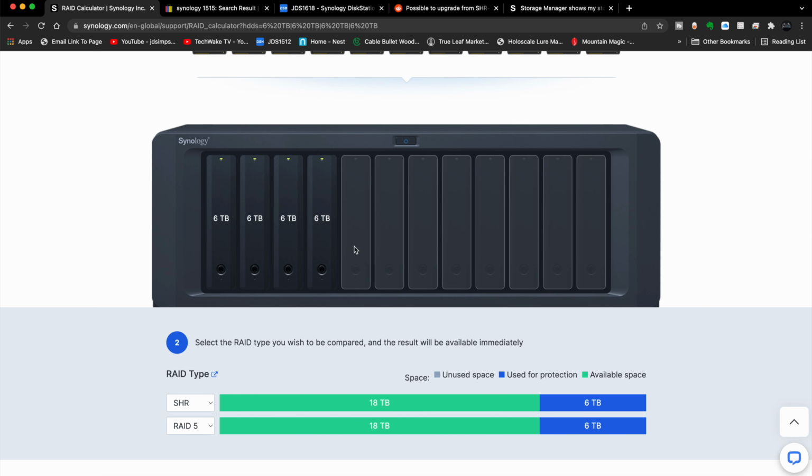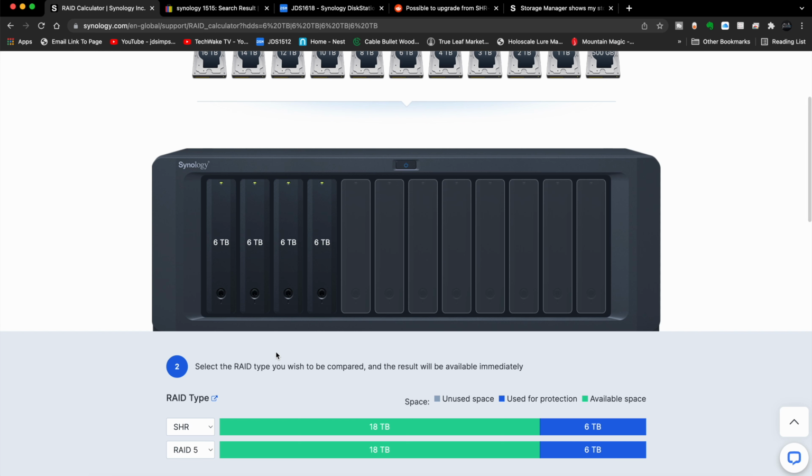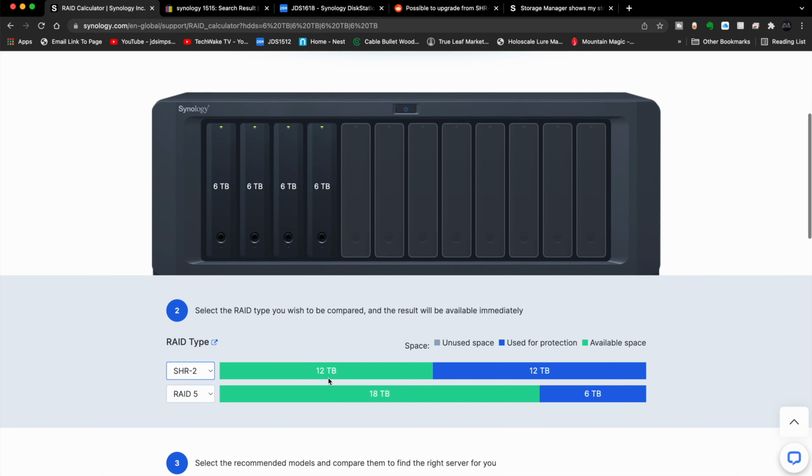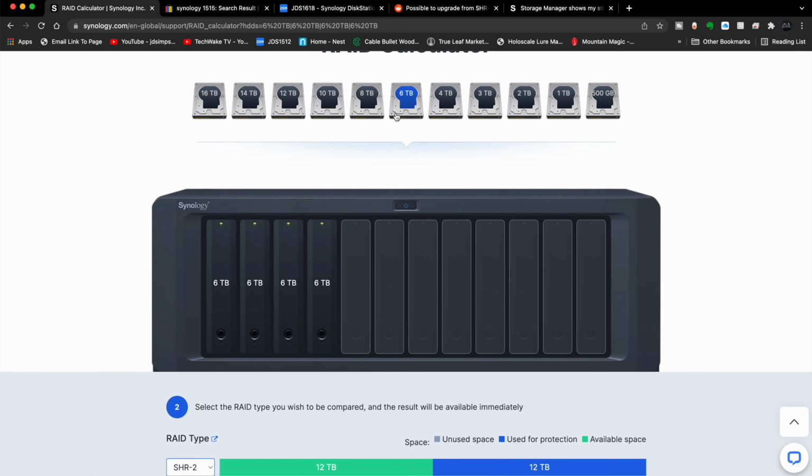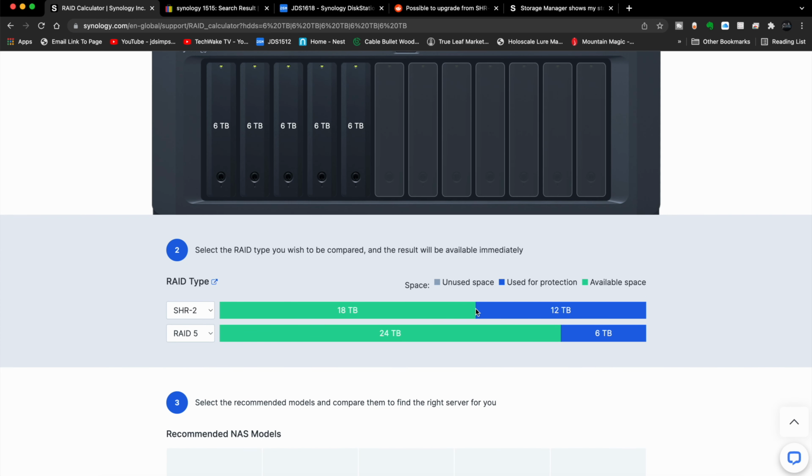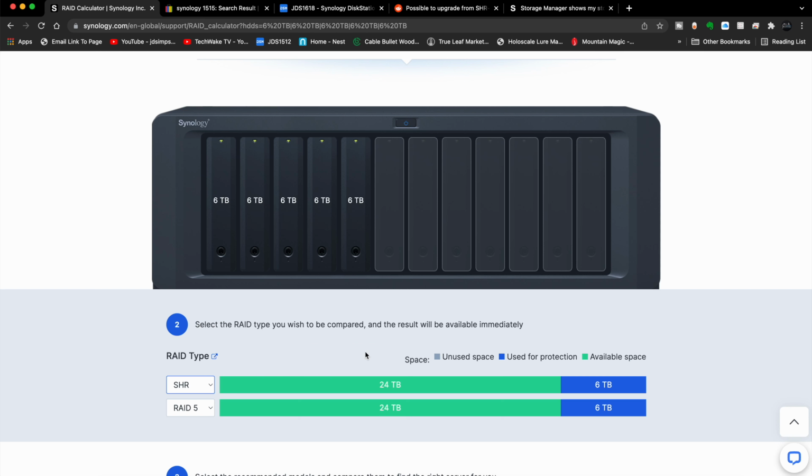Now, you might say, well, Joe, you didn't talk much about SHR2. SHR2 says if you want to have the ability to lose 2 drives at one time and still have your data protected, which isn't a bad idea, but it's going to come at a cost. When you have a 4-bay drive and you're trying to protect 2, you end up again in that same mirroring dilemma. So that's where sometimes a 5-bay drive is a little more advantageous because you can get most of your storage and still have a large portion for protection. But honestly, for our purposes, let's just do the 1 disk fault tolerance to at least have some level of protection, but not be overkill and cost us too much money.